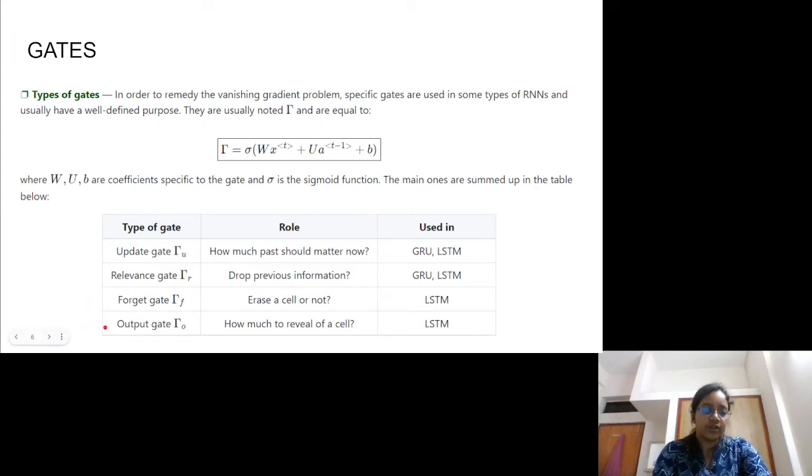So here I'm showing the variation where people use 4 gates. This slide is from the Stanford NLP course. So let's go through it. Types of gates. In order to remedy the vanishing gradient problem, specific gates are used in some types of RNNs, and all of them have a well-defined purpose. So it's again one issue that people face with LSTMs is